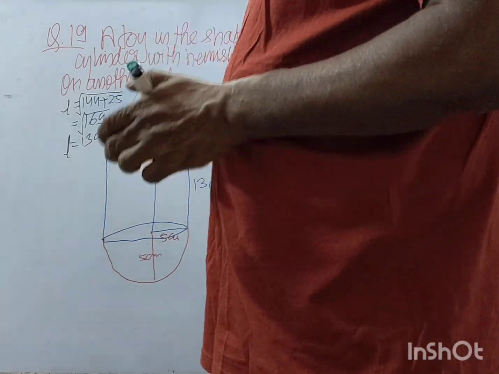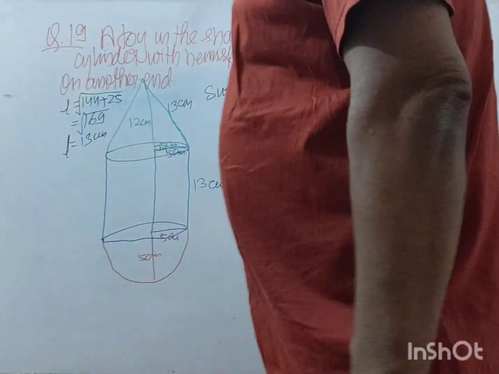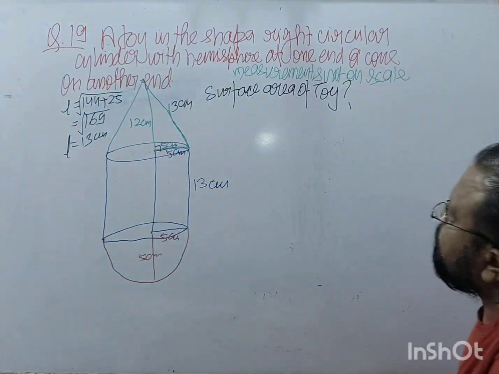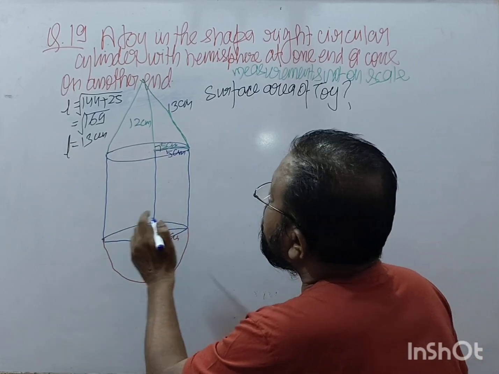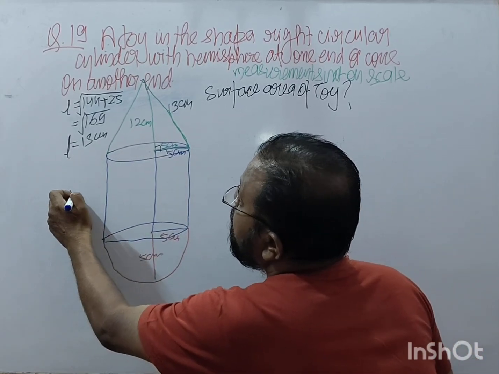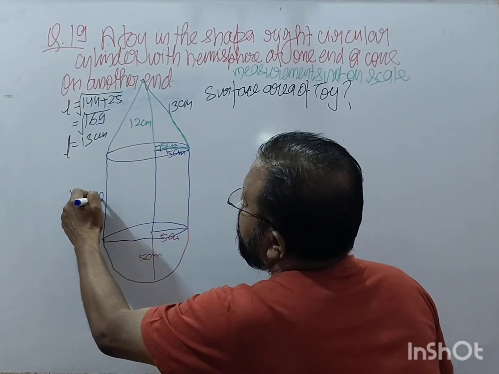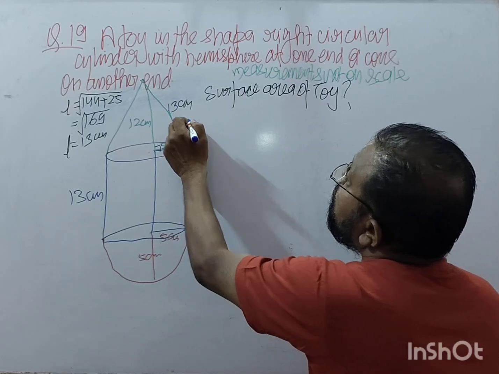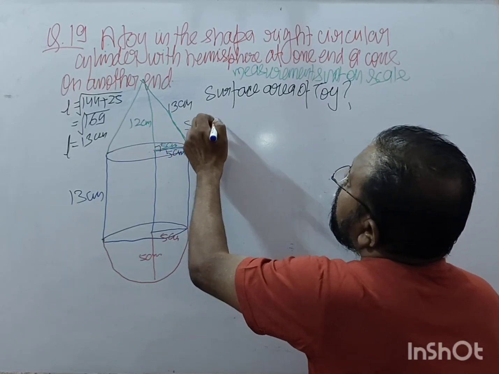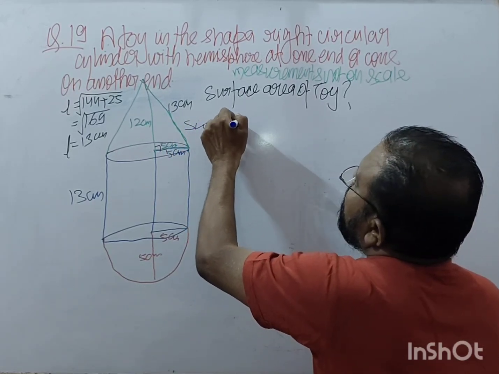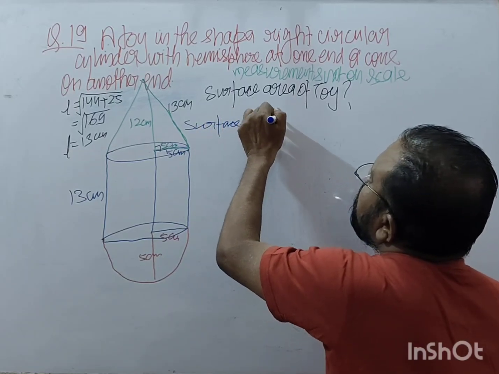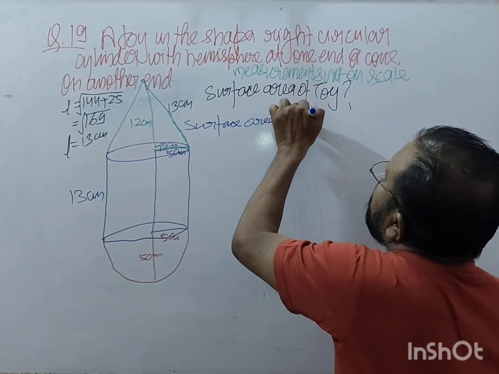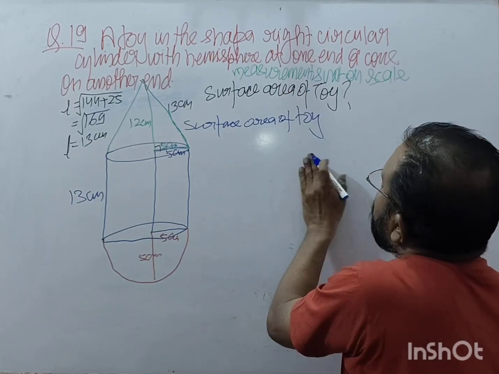So we get the surface area of the toy. I write this 13 centimeter on this side. So the surface area of the toy is equal to